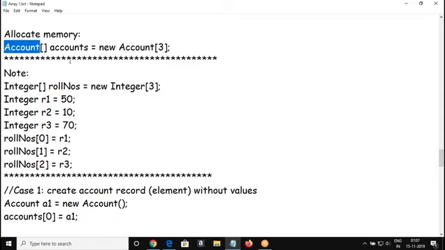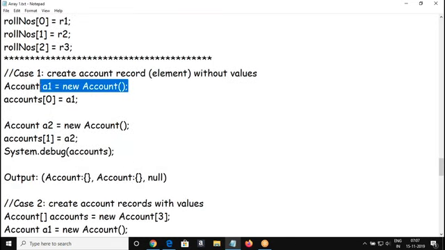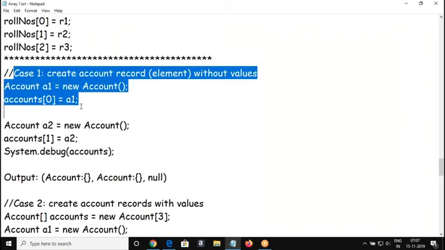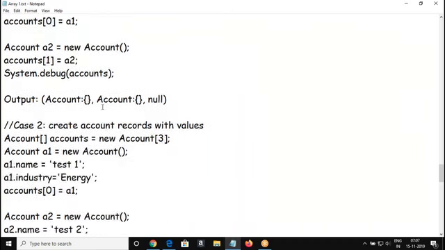So every element should be of account type. So here we create an account record without any value, right? We saw an example of creating an account record without a value. Then we add this variable of account type into the array with this format.